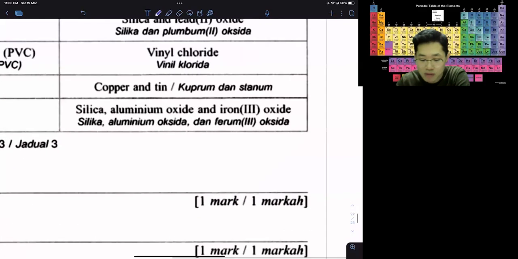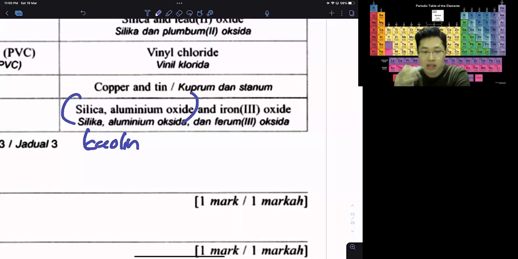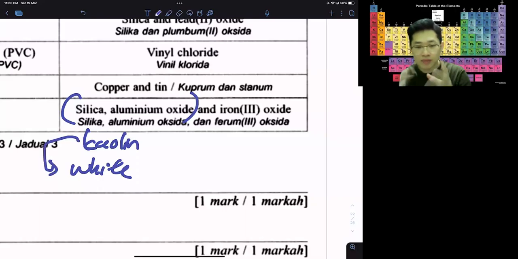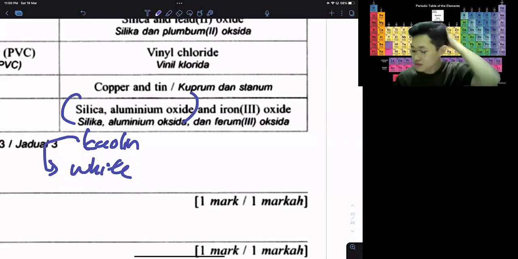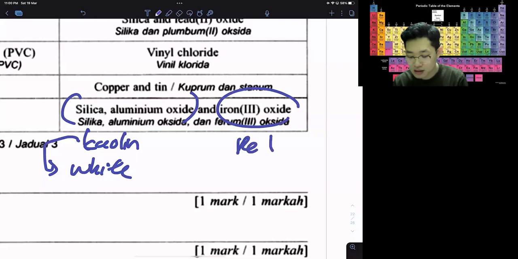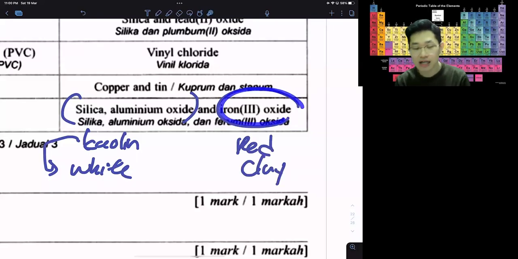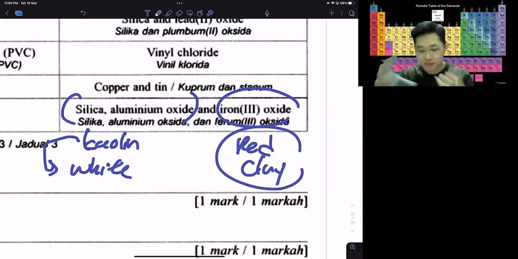Yes, and by the way, students, silica and aluminium oxide is the kaolin, which is also known as aluminosilicate. Kaolin is the white clay. Got 2 types of clay, right? White clay. The vase, the white color vase is white clay. We also got red clay. Red clay is after they add iron(III) oxide, the brown color. Then the bricks, 砖头, 红砖. It's like add color inside. Okay.